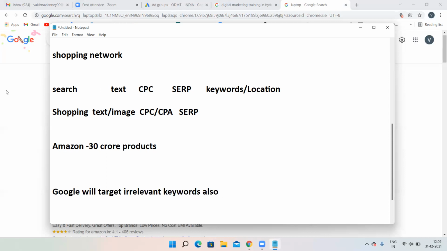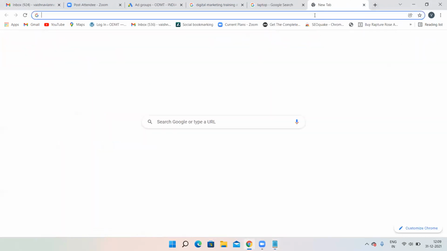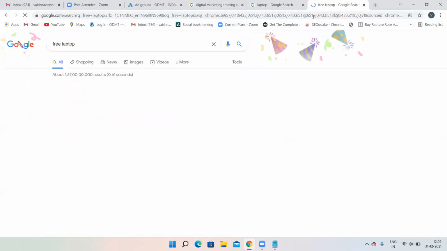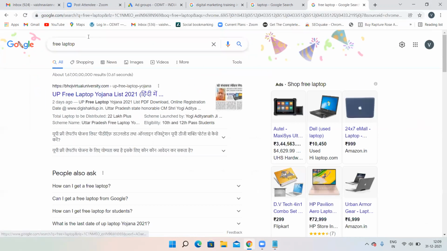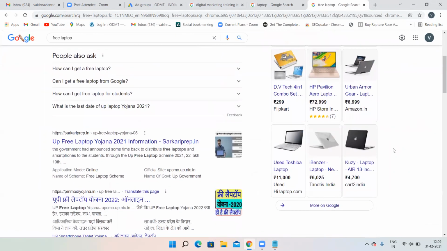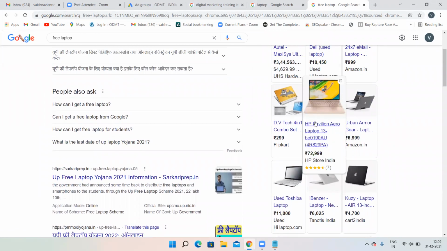Now let's search free laptop. I have searched a particular keyword called free laptop, but still some ads are appearing. Isn't it? The Dell ad is also appearing. All these ads are appearing. Do you think these people are going to sell their products for free? Some 72,000, some 73,000 laptops. Is HP going to sell it for free?